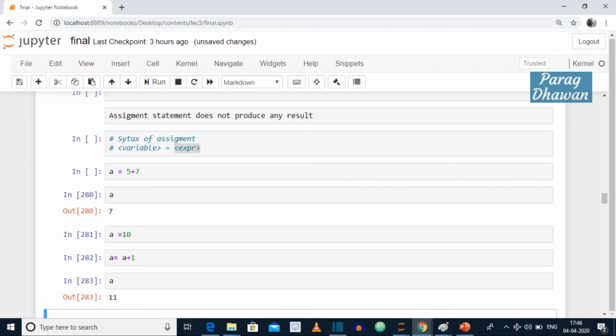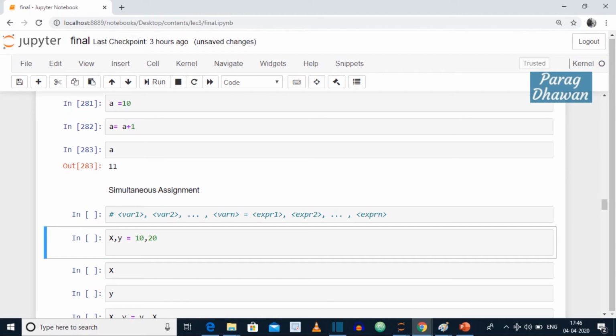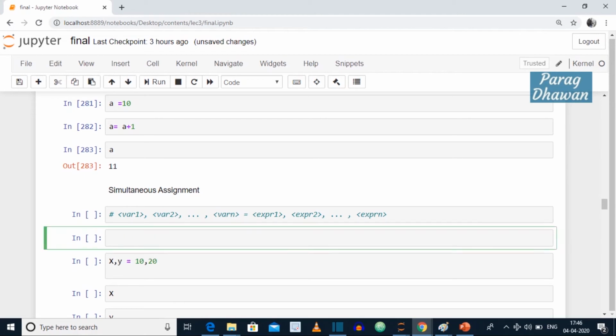Now assigning multiple values, simultaneous assignment: you have various variable names and expressions. For example, if I write b, c, d, which are variable names, and I am assigning the values 10, 20, 30, this will assign 10, 20, 30 to b, c and d.